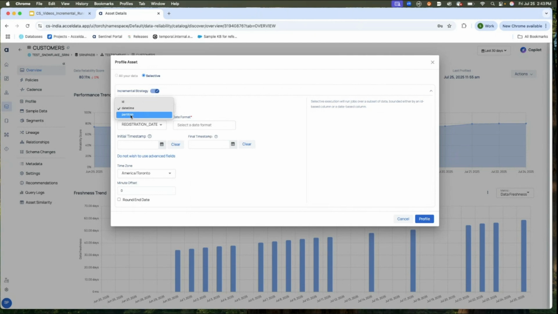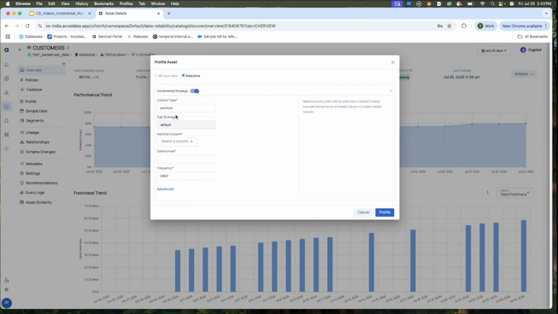Let's select the next option, which is partition. Within the partition, you could select what is the sub strategy. Like, say for example, you could select what is the default strategy, or is it a day, month, year strategy of partitions. So in default strategy,